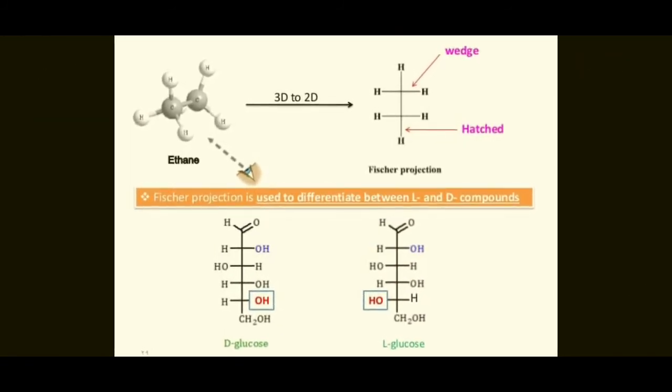Wedge lines are the horizontal lines, and hashed lines are the vertical lines. So a 3D arrangement is converted to a 2D arrangement in the Fischer projection formula. The Fischer projection formula is used to differentiate between L and D compounds. If two groups on the chiral carbon are interchanged twice, the configuration does not change. For example, D-glucose and L-glucose. So students,